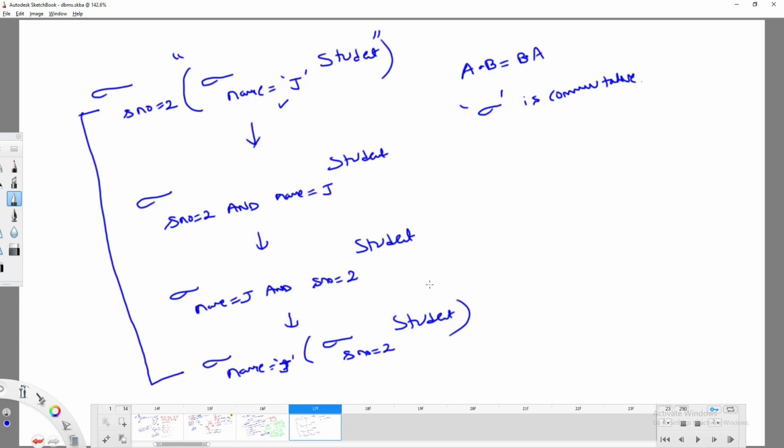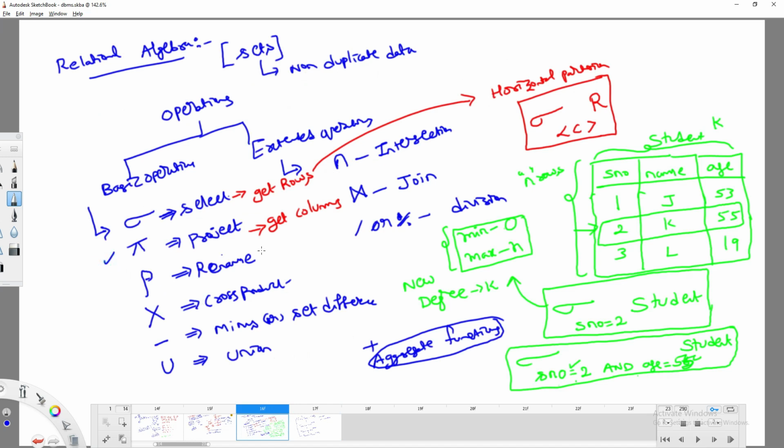Okay, fine. So now you can check this one. Product operation. Product operation means what? I am trying to get the columns from the table, right? So the general syntax for this one is simply you can use a product operation on whatever table you are trying to perform. Product from the student table. So here you are trying to get columns, right? What columns you need to project? I would like to project only serial number. What is the meaning of this one? I am trying to project serial numbers from the student table, right?